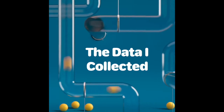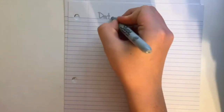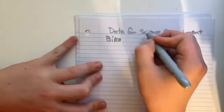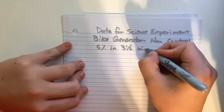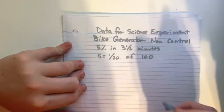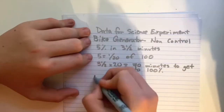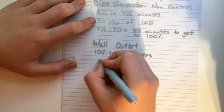So I was able to collect some data, and the data I collected was that the phone charged to 5% in about 3.5 minutes. And I multiplied 3.5 minutes by 20 to get 70 minutes because 5 is 1/20th of 100. So that means it's going to take about 70 minutes to charge the phone to 100%,